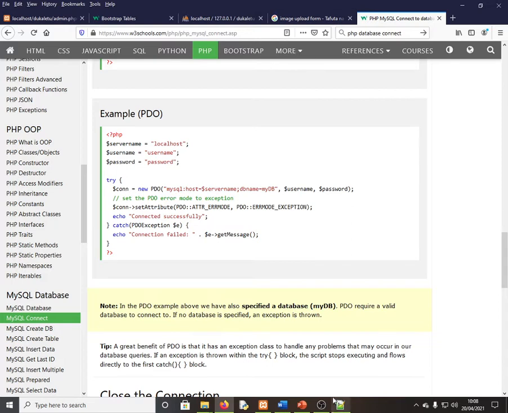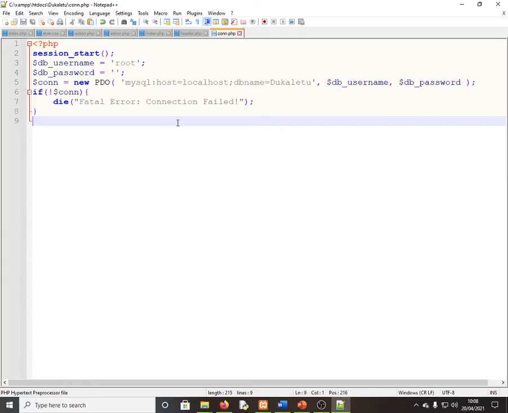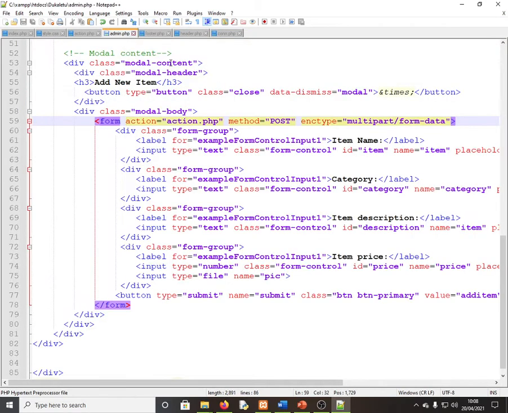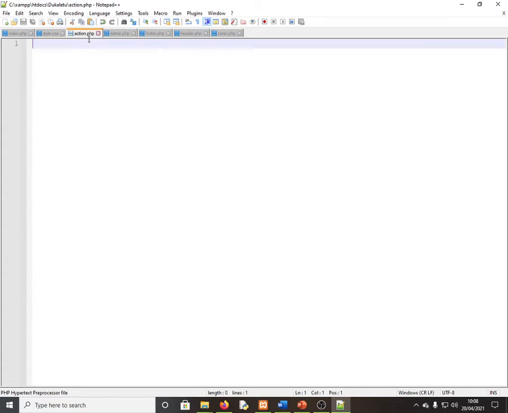So this one is still working. So we have connected the system with the database. Now once we have connected the system with the database, we have got our form here which is submitting data to the database. To submit data to the database, you can see this form is submitting data to the action.php, which is this one. So action.php, it expects